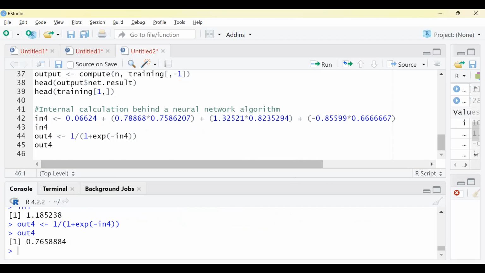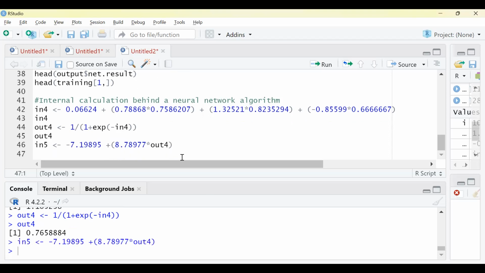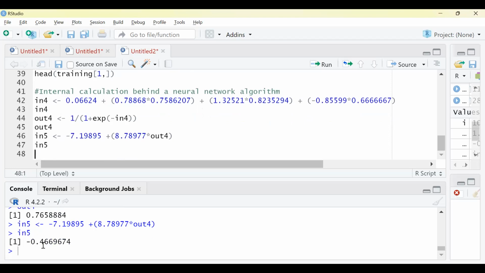This is not the end of the story. We have to do one more level of calculation, which is to take this value and pass it through the activation function. So I'm going to take this output 4, multiply it by its respective weight of 8.78, add the constant and store it as input for fifth node. Finally, you can see here what is the value of input 5, IN5. You're getting a value of minus